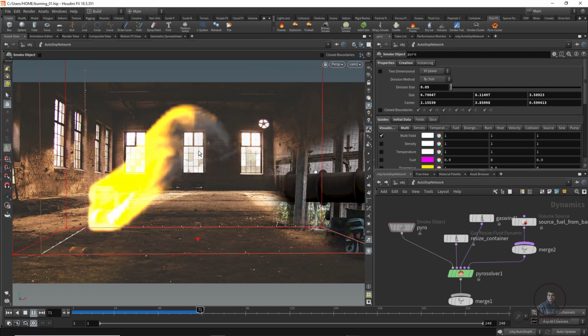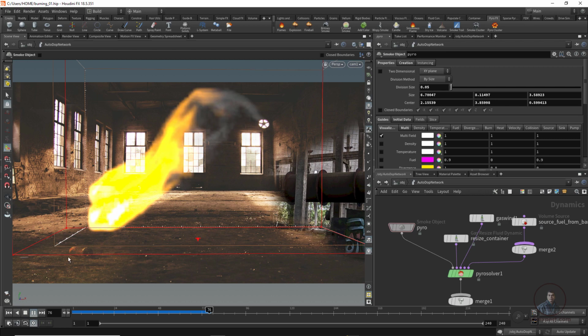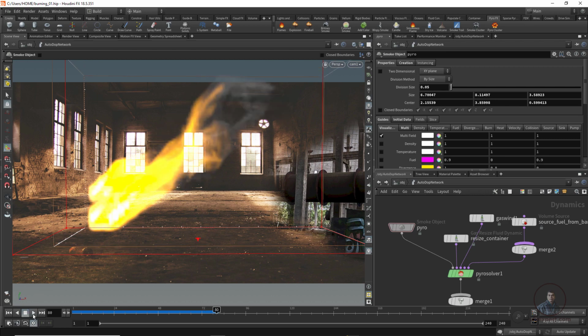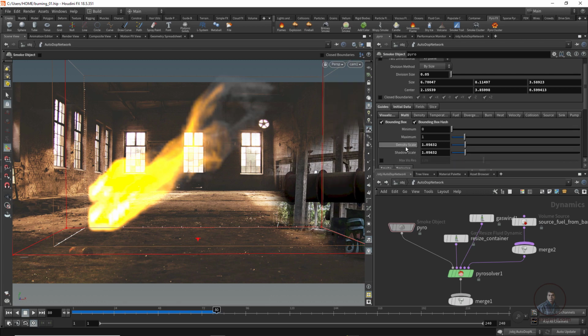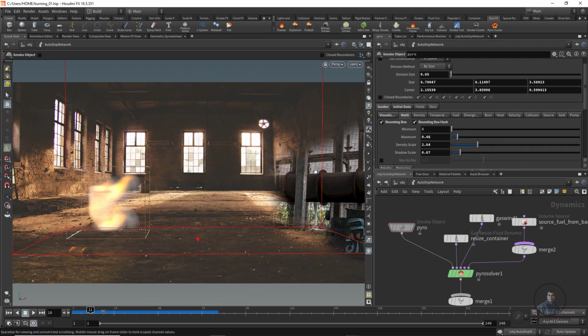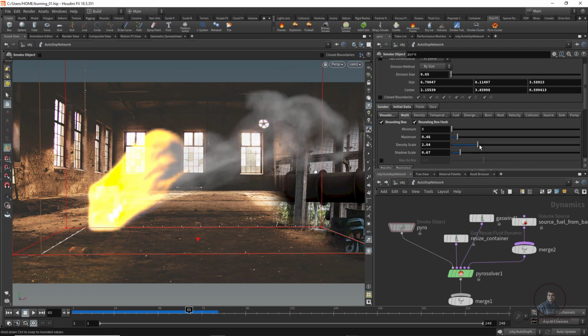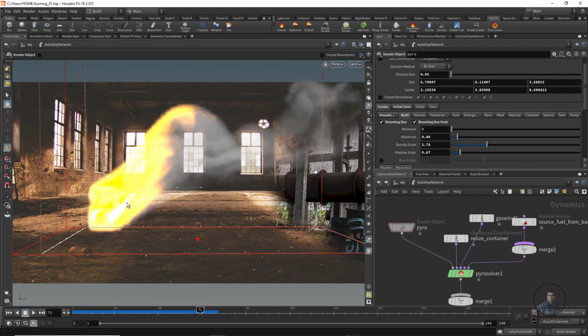I think we have to adjust the smoke a little bit, all these things here. Just stop it here. After this, come here in other parameters, maybe this bouncing, all these things. This is related to our smoke. So just a little bit of density, scale, all these things here. Now you can see a little bit.